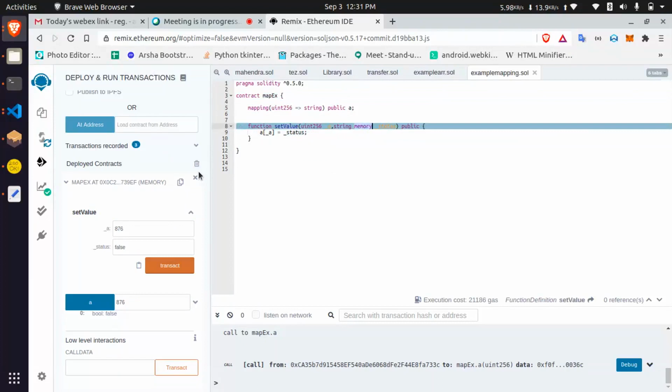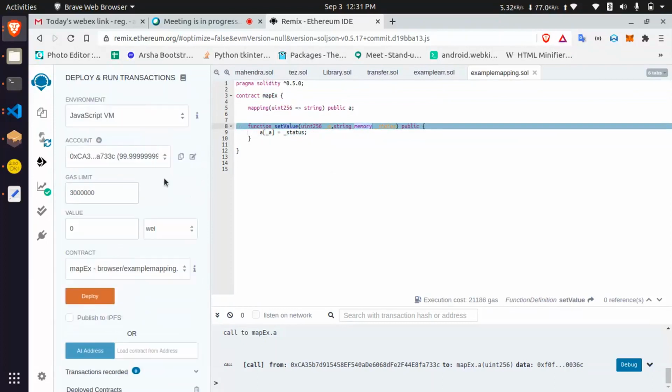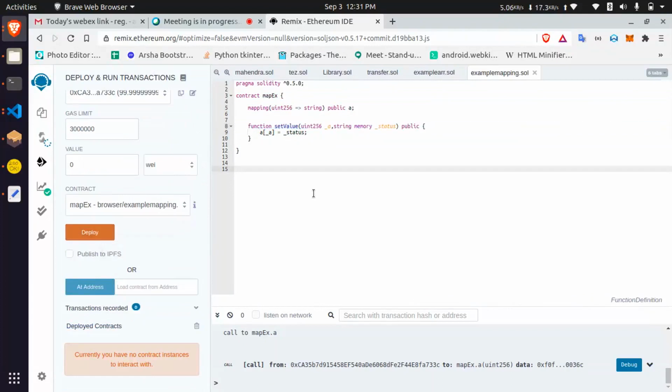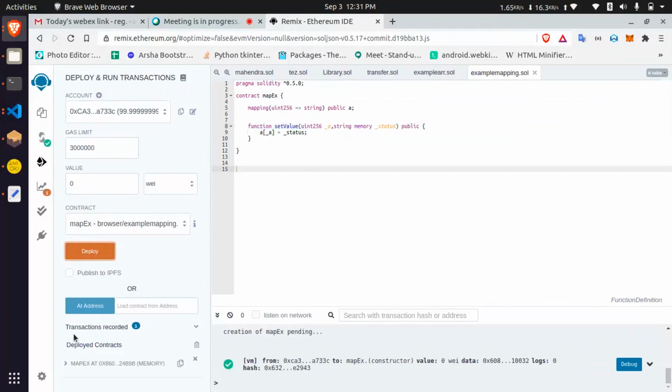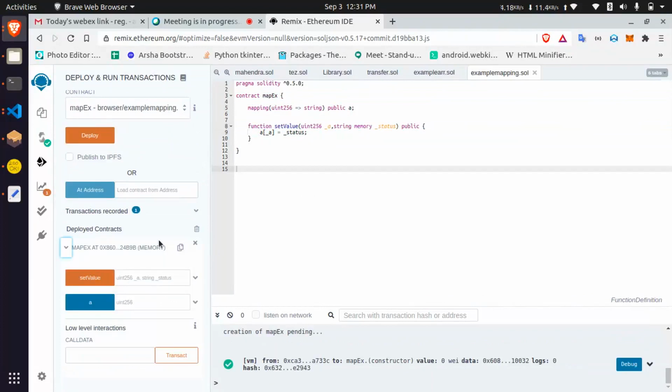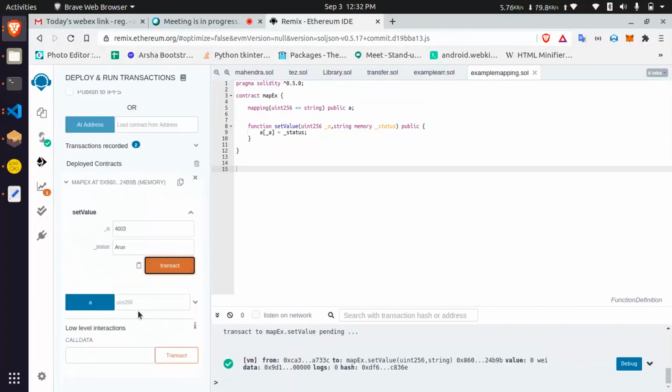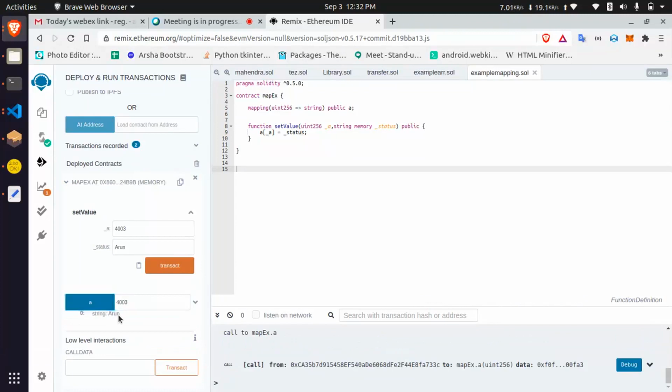I'm going to delete this, compile it, then deploy it. Let's enter 4003 and transact. If you enter a wrong one, it will give an empty string.